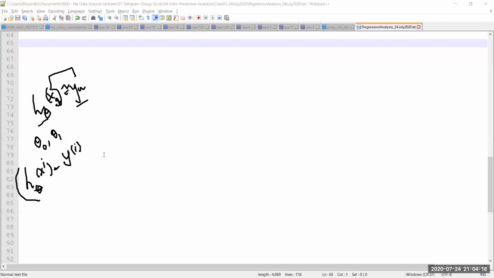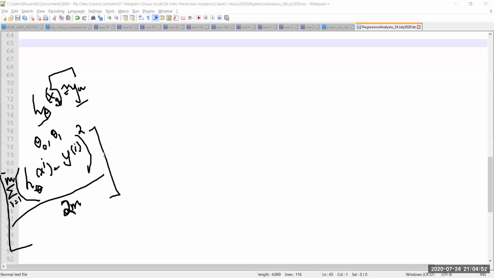So what I do, just to nullify the effect of scale, I take a square. I sum up all the numbers, obviously i equal to 1 to m, all the training examples. And then even better, I divide this number by 2m. Now why I am doing this 2m is basis a calculation, a mathematical calculation which we are going to look at a later stage, because as of now we have not learned calculus. We need to use differentiation theory to find this out. We'll quickly look at that maybe at a later stage, or maybe we can try to ignore it as well.